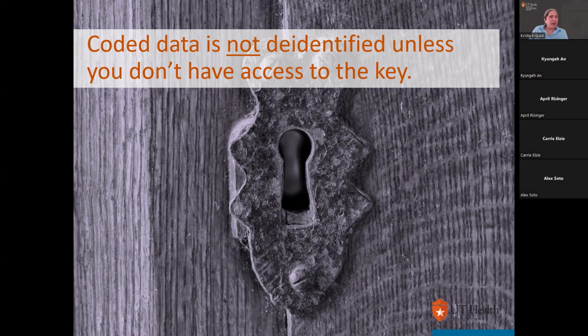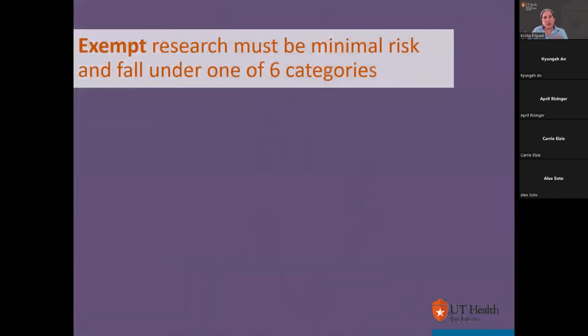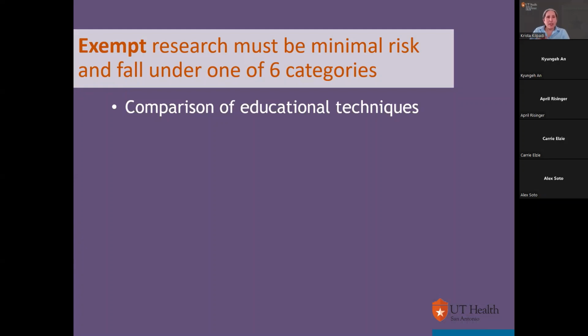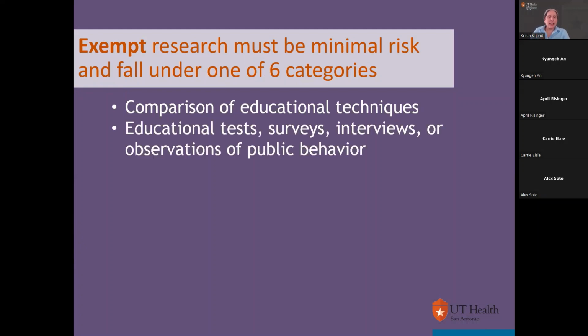All right. Well, let's go back to our categories of IRB review now. The next one that we have is exempt. And exempt research has to be minimal risk, first of all. It has to be a very low risk of actually harming somebody and fall under one of 6 specific categories that are listed in the common rule. And these categories are comparison of educational techniques, educational tests, surveys, interviews, or observations of public behavior,